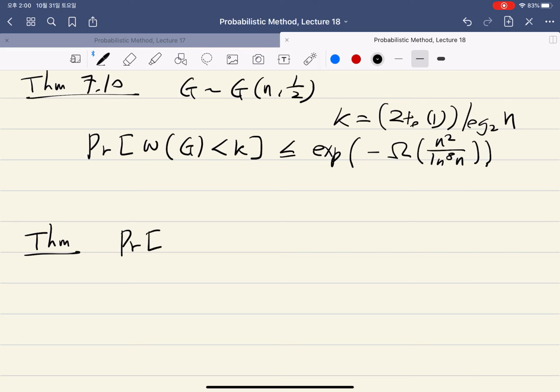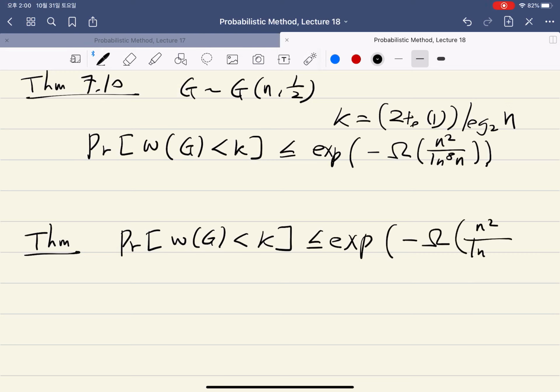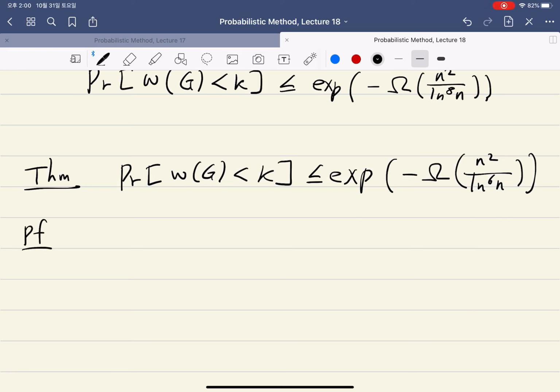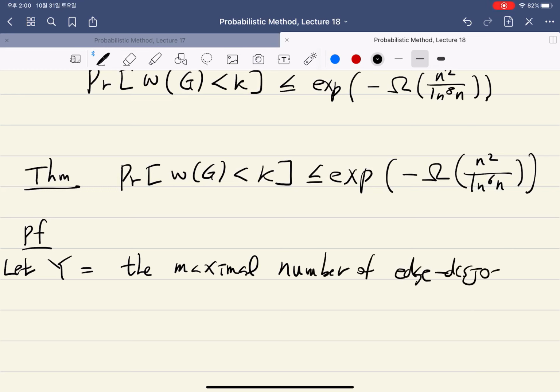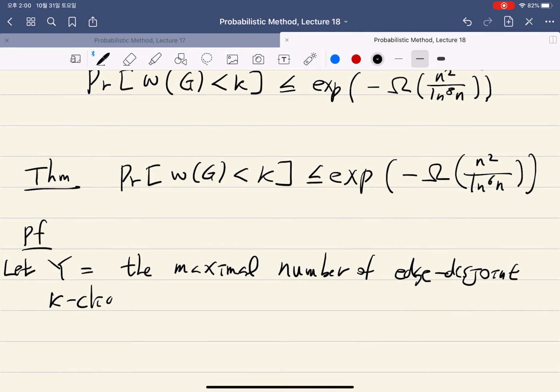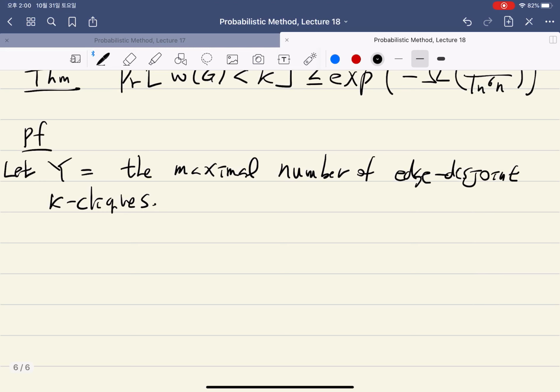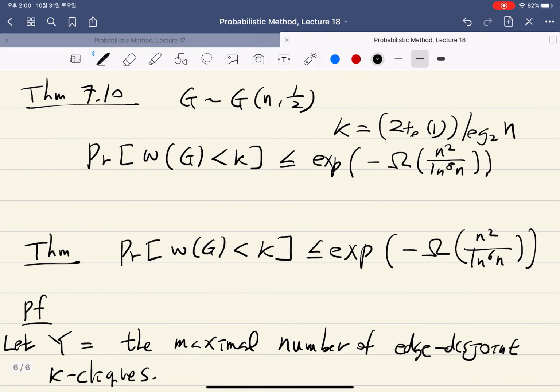So with the same setup, we can actually prove that we can improve the exponent on the bottom. So again, let Y be, as before, the maximum number of edge disjoint cliques of size k. Then what we have shown is,